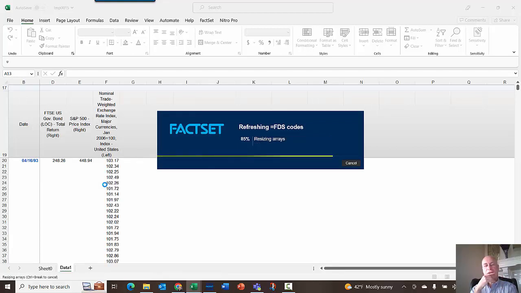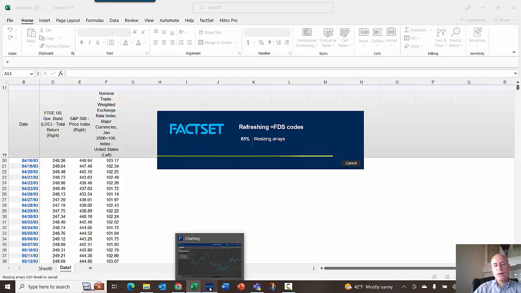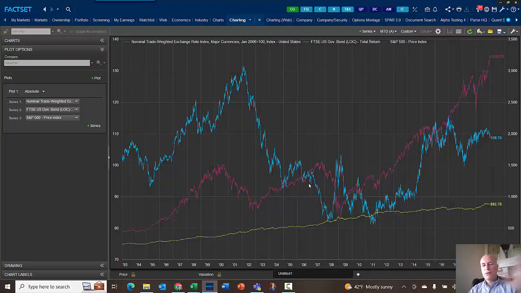It's going out and getting the data now, and now it's downloaded this data. Then you can do all your other functions, your year-over-year changes and stuff right in here. But I want to do it in the graph. And by the way, you can also